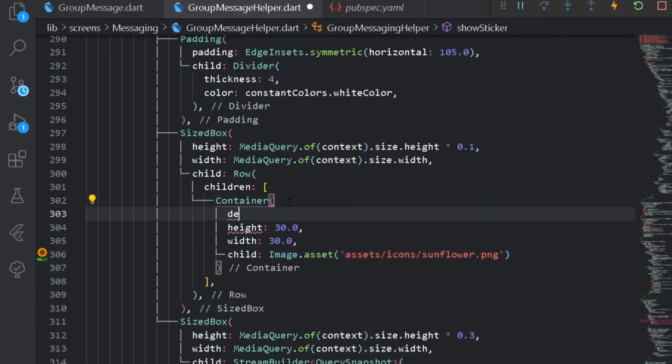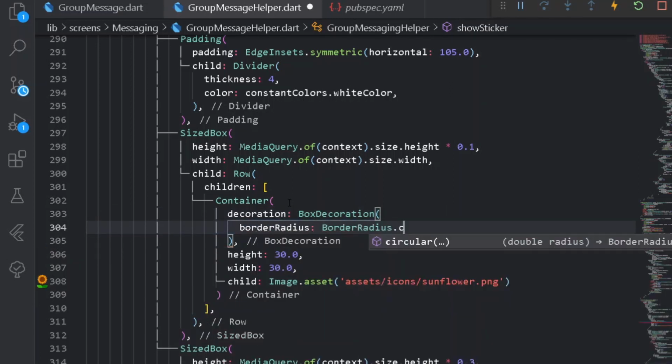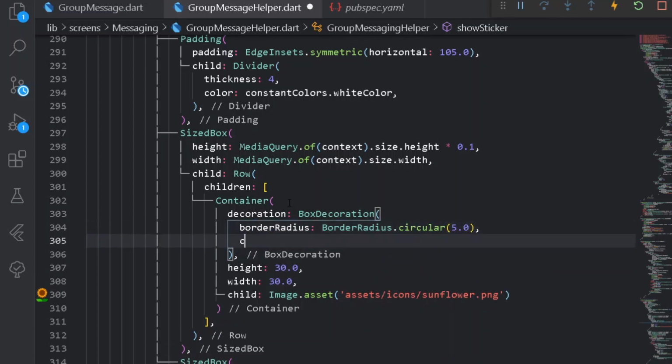After this let's have a decoration, a BoxDecoration. Under my BoxDecoration, first of all I shall have a borderRadius of BorderRadius.circular, and here let's have circular of 5. Also let's have a border. For border I can simply write Border.all. Under this all I can have a color, for constant colors, a blue color, easy thing.